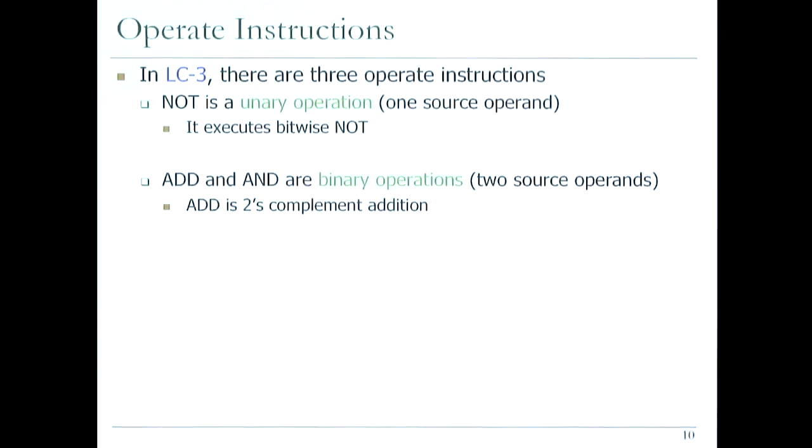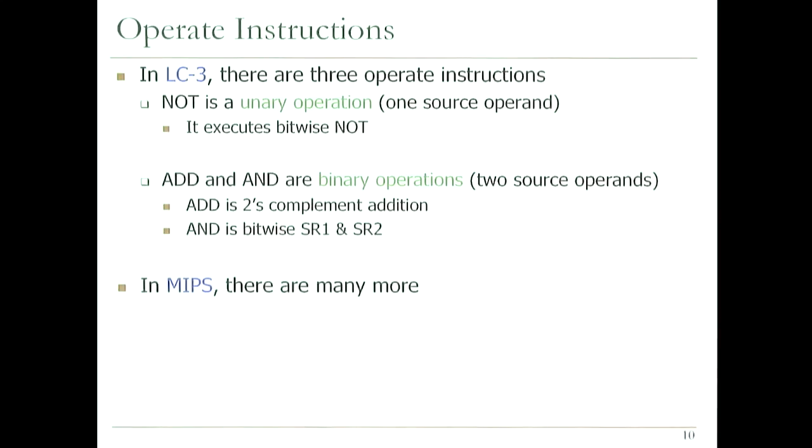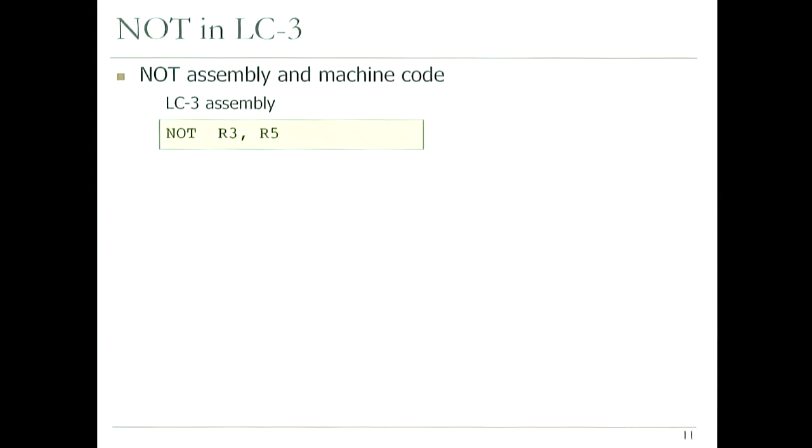The first one of them is NOT. You remember that we already presented this one. Well, in LC3 also remember that we have unary or binary instructions depending on the number of operands that we have. In MIPS, all of them are binary instructions. And for NOT,